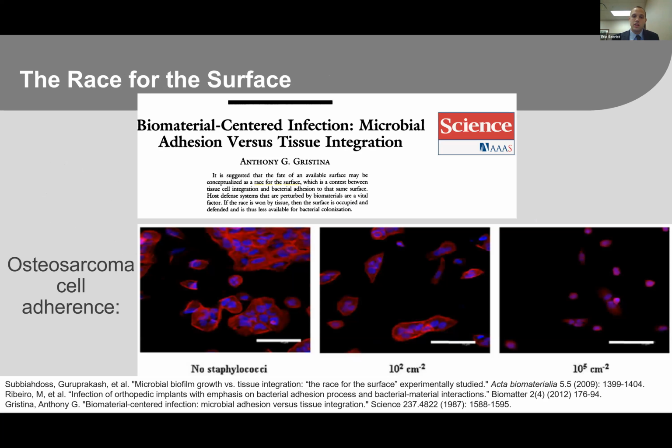Anthony Gristina, who was an orthopedic surgeon, said that it is suggested that the fate of an available surface may be conceptualized as a race for the surface, which is a contest between tissue cell integration and bacterial adhesion to that same surface. And one really provocative study on this that demonstrates how that race for the surface works is a basic science study where they took osteosarcoma cells, so very highly active cells, which were able